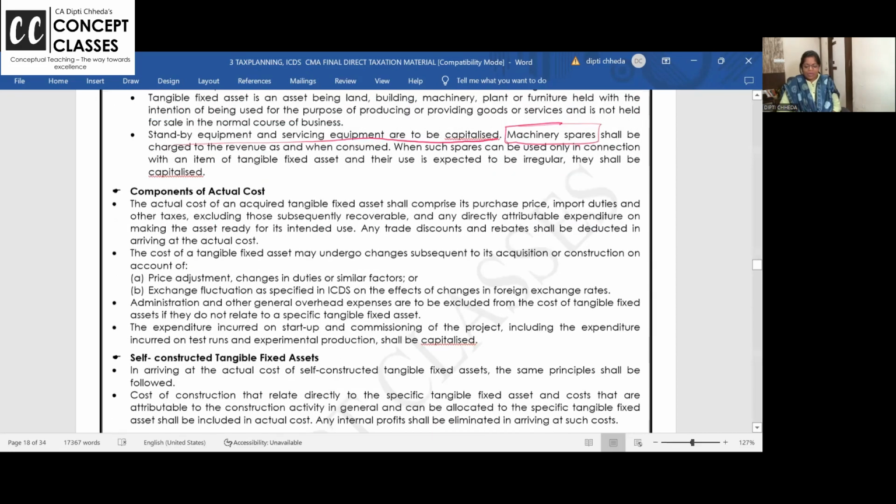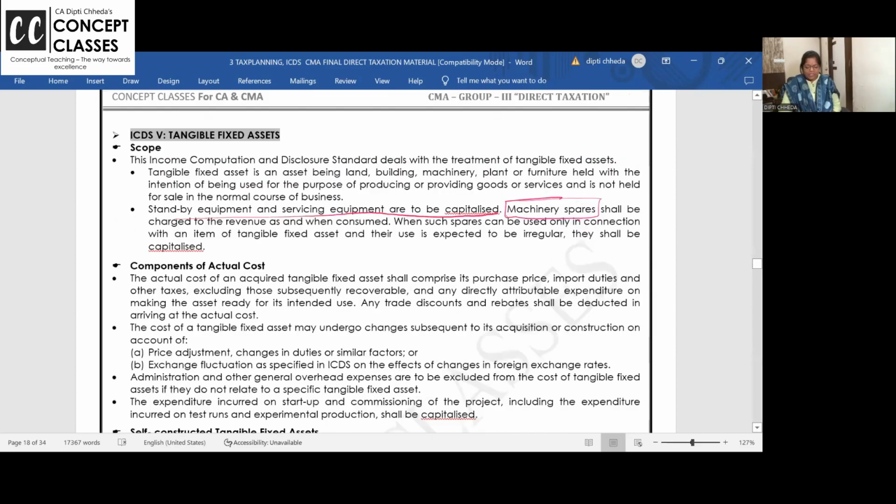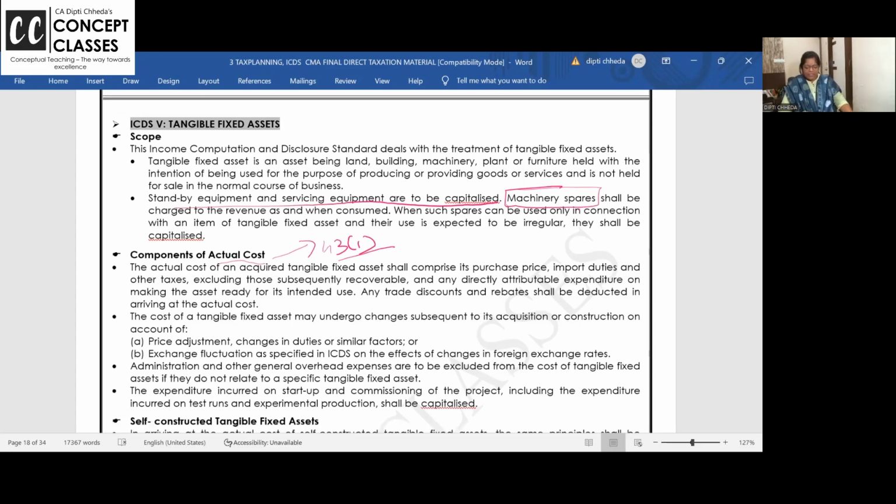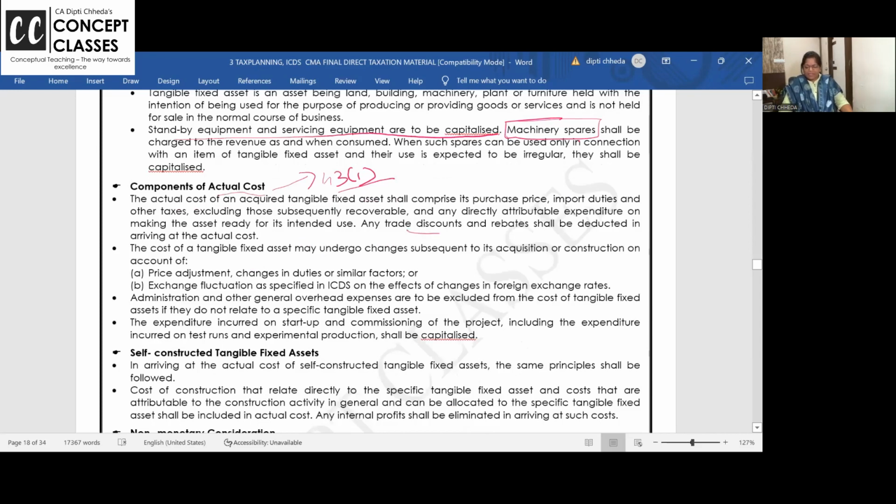Okay. And while recording the cost of the machinery in the books, this is the same as given in section 43(1) in the business head. Original cost, add GST if you have not claimed input credit, custom duty, installation, packing, transport, insurance, loading charges, everything till the asset is ready to put to use. Even if you have purchased the asset on loan, till the date the asset is put to use, interest also you can capitalize. And in between, small income is there, that trial run income, and trade discounts and rebate, all that you will minus.